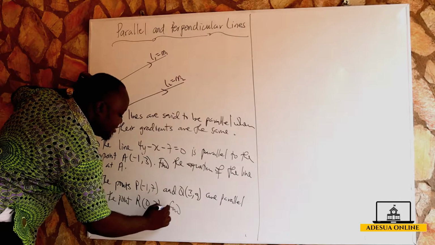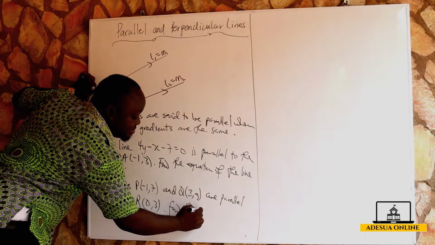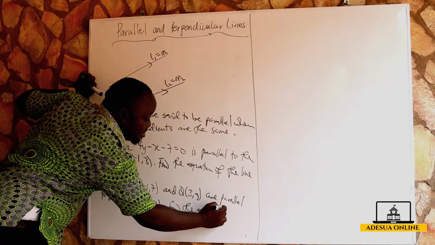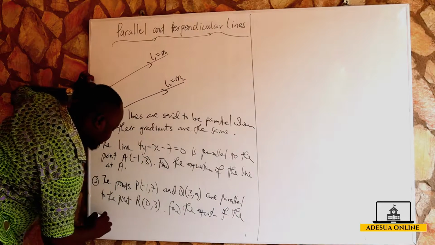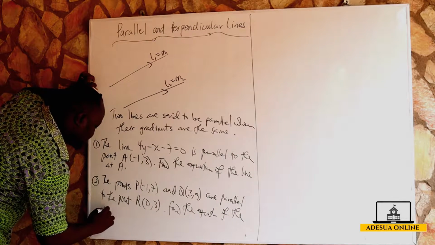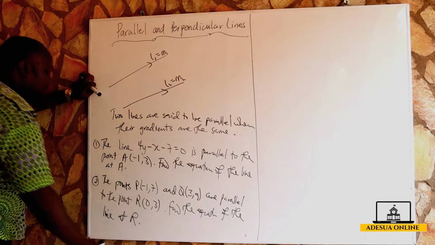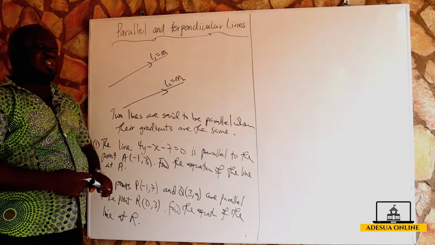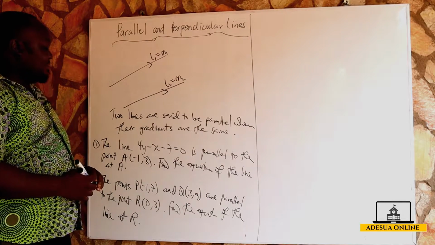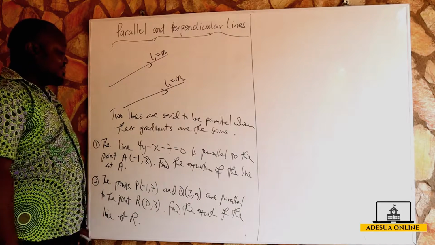Find the equation of the line at R. So assuming I have these two questions, the line 4y minus x minus 7 equal to 0 is